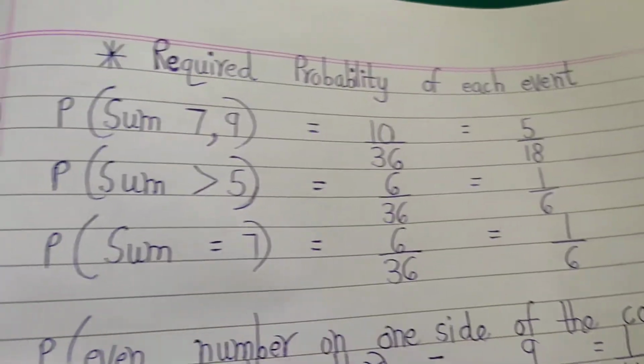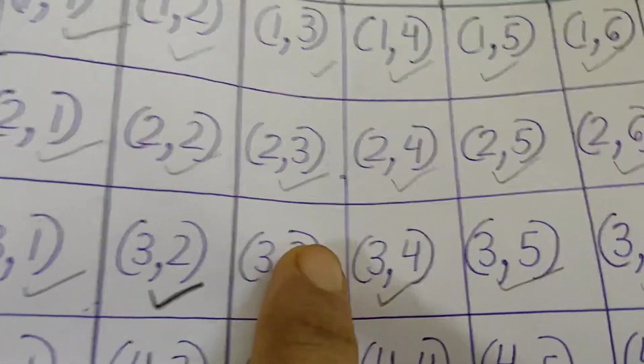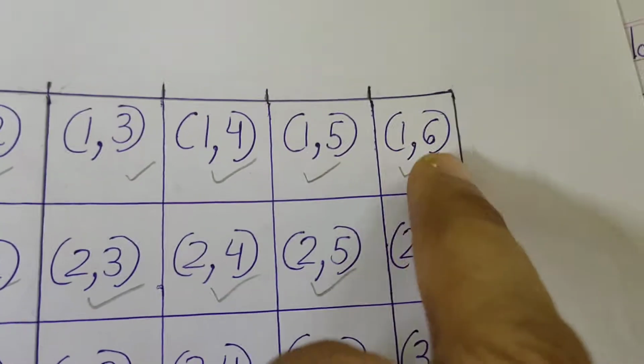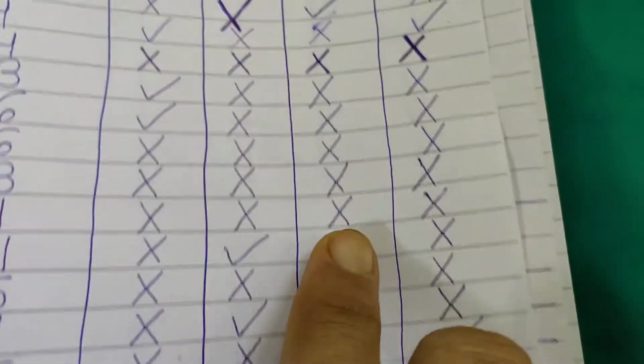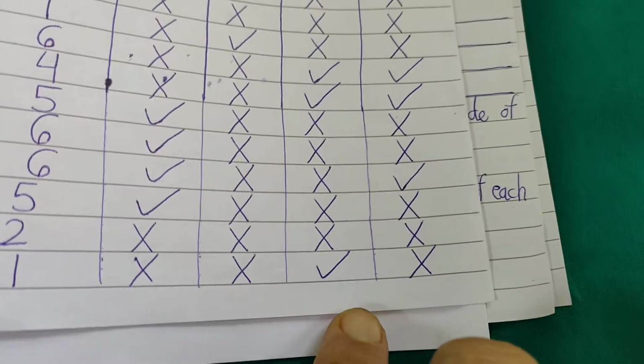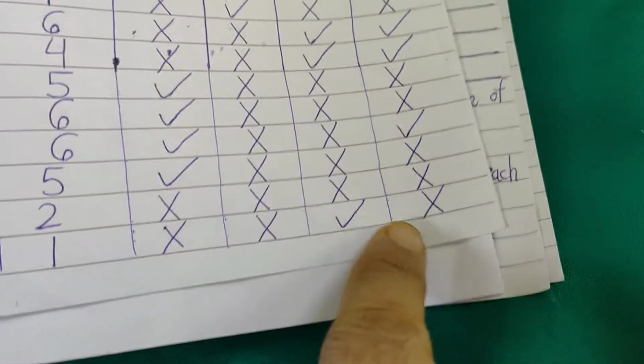Similarly, how many are there whose sum is 7? Sum 7 means, you know how we can obtain 7 here. When you get 3 4, you will get 7, or when you get, say, 6 1 or 1 6, that is also 7. So you have to see the column of the sum of 7. How many are there? 1 there is, then 2, 3, 4. 6 plus 1 is 7. So the total number of tick marks is 4.